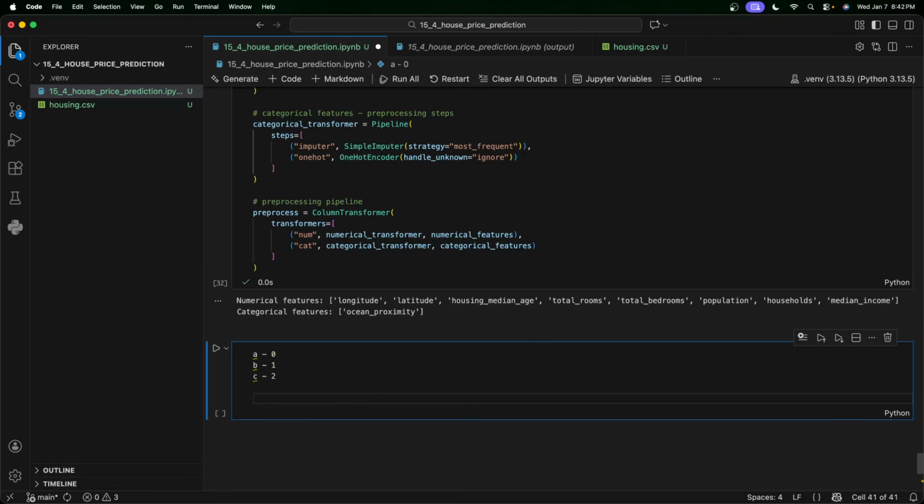Instead of this, A will be labeled as three different columns: 0, 0 and 1. B will be labeled as 0, 1, 0. And C will be labeled as 1, 0, 0. So this is better than label encoding, because label encoding should be used for your